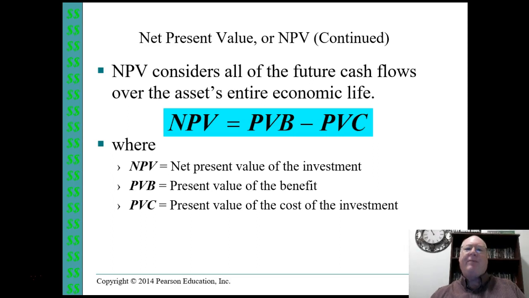Now, when we look at the net present value, what we're really doing is considering all of the future cash flows of that asset over the entire economic life of that asset. So what you're going to be doing is taking what you have identified as the benefits of those assets, again after-tax benefits, and when those benefits are going to be received over the life of the asset. So if it's, let's say, 10 years, you have kind of calculated out differences there. So